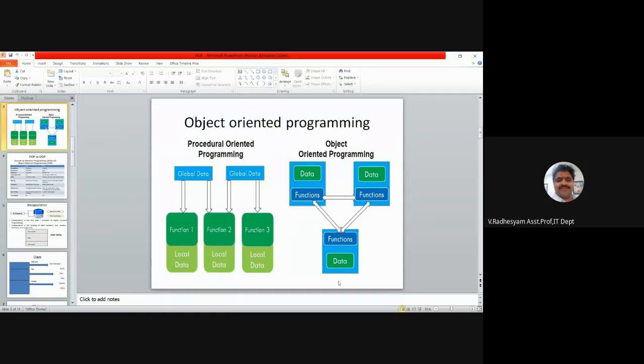Here we are looking at three classes. In the same program, we can define any number of classes. Suppose in procedural oriented programming, we are designing a system for an industrial application, maintaining the employees in an industry. You need to write different functions and all. But in object-oriented programming, you can define three classes.